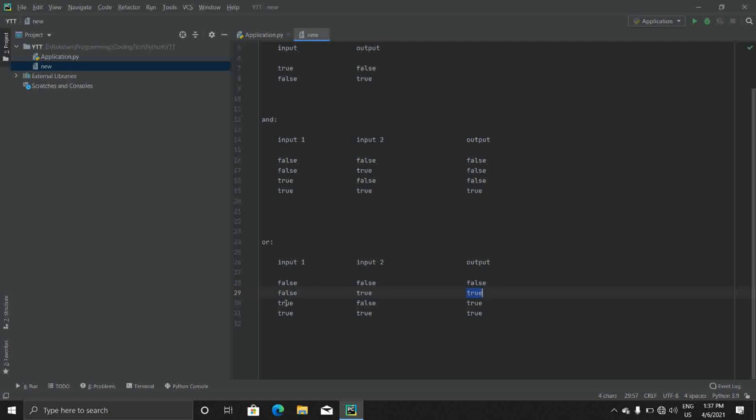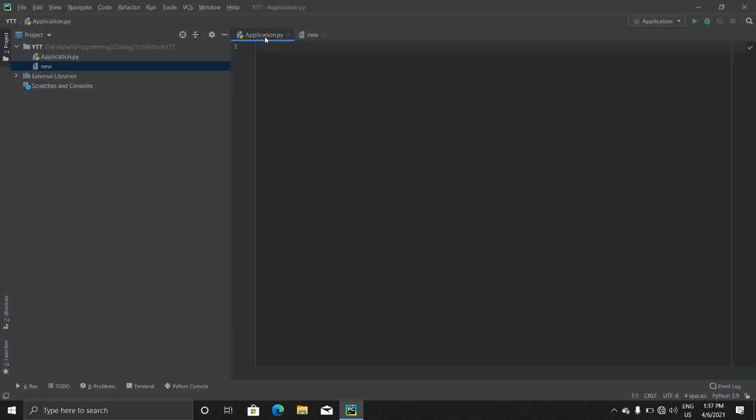And if input 1 was true and input 2 was false, it gives us true. And if both our inputs were true, it gives us true. Try to keep these values in your mind, and let's get into the